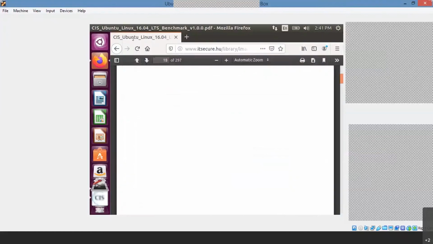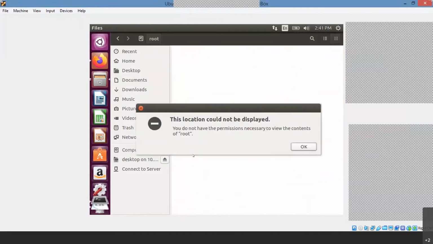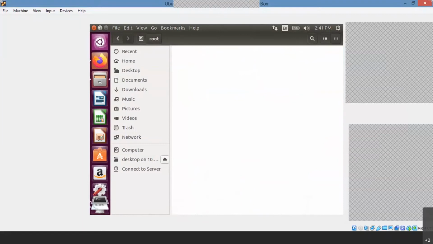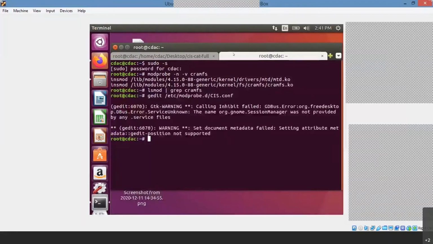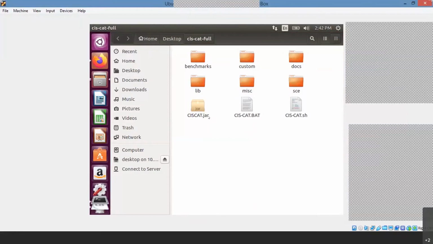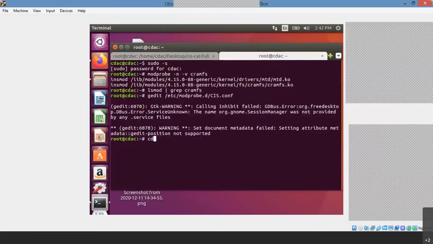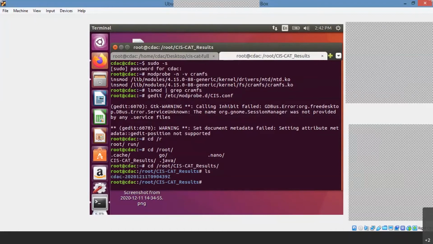It will be saved in root. Yeah, so you can go to the slash. Okay, so ls.